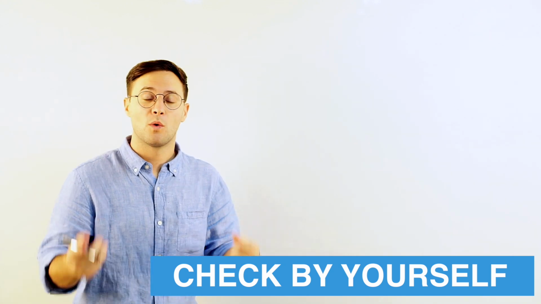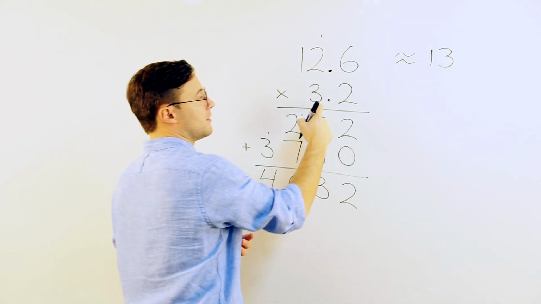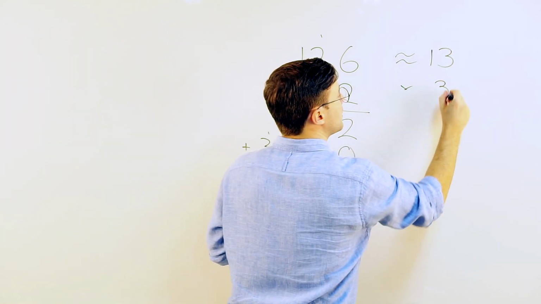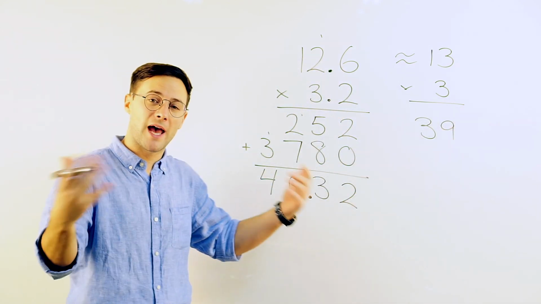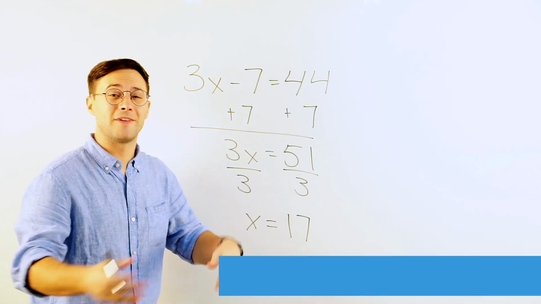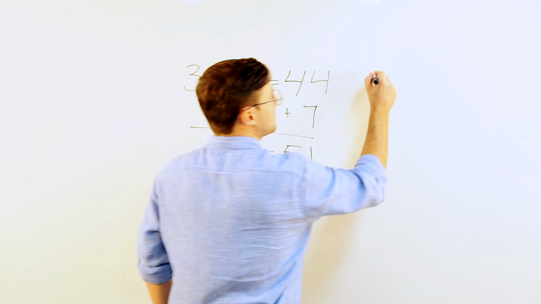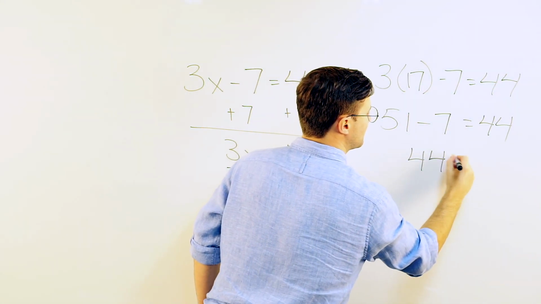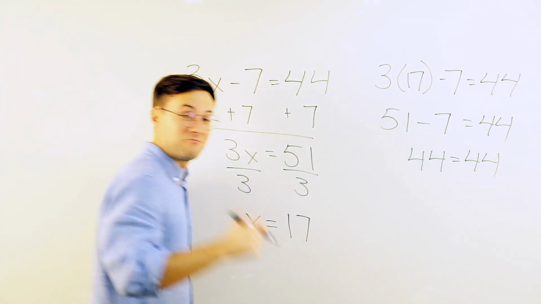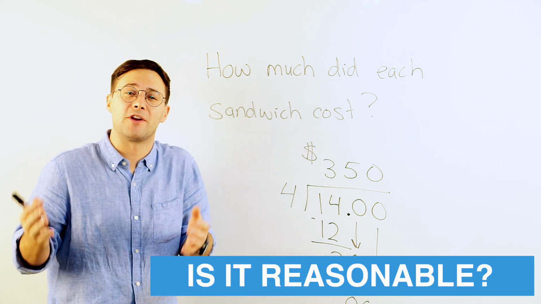by yourself. One way to do that is use estimation. 12.6 would round to 13. 3.2 would round to 3. 13 times 3 is 39. Is that pretty close to my answer? Yeah. Another way to check by yourself is use substitution. X equals 17, I'll substitute it back in. So I'm all good. One more way to check your answers by yourself is to ask if your answer is